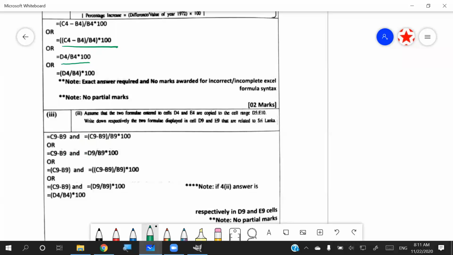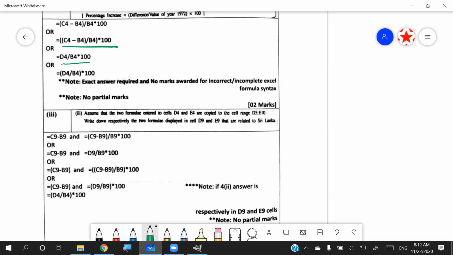Right. The third one, assume that the two formulas entered to cell D4 and E4 are copied to the cell range D5 to E10. Write down respectively the two formulas displayed in cell D9 and E9. So they are copying relatively, right? That means it's going to be changed according to the change that they are doing, right? So in D4, it has C4 minus B4. So if you came to the D9, it's going to be C9 minus B9,